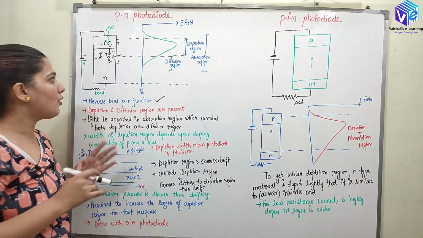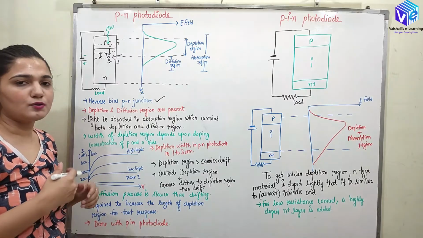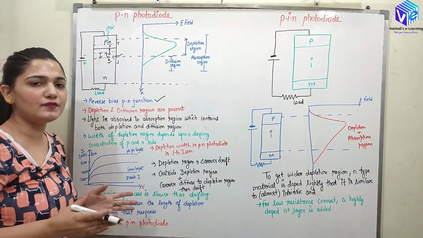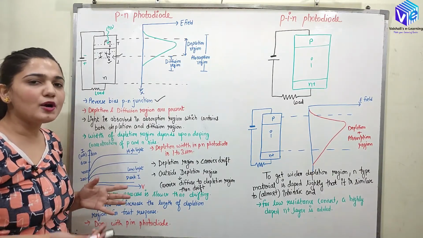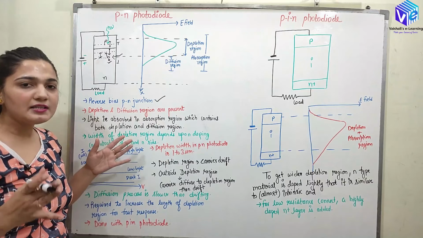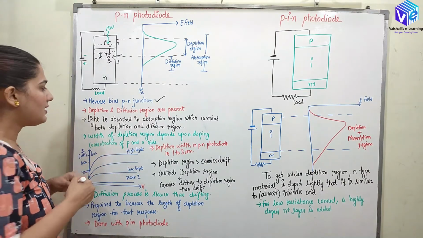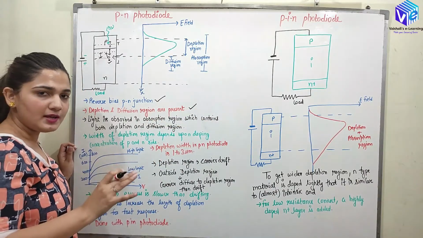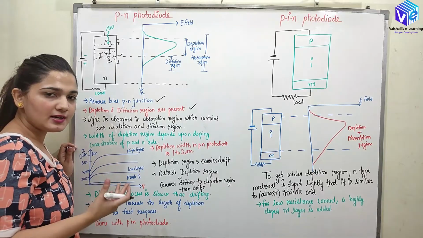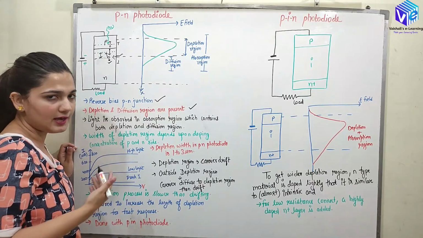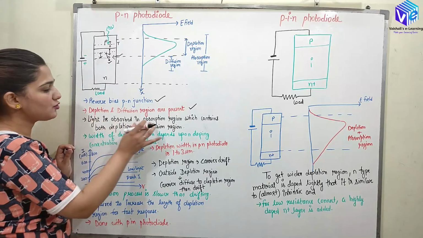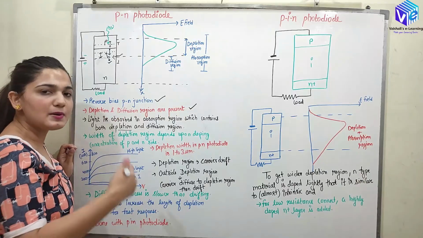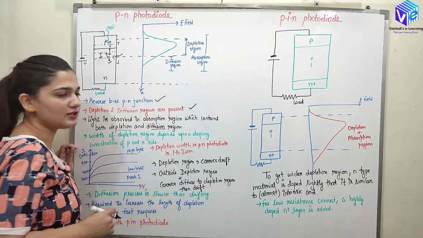So what do we want? We don't want this diffusion region. So how can it be avoided, how can we avoid the formation of the diffusion holes? So we can avoid it by increasing the thickness of the depletion region, right? So depletion and diffusion regions are present. I hope you understood both of them. The depletion region is already generated inside the PN type of diode or semiconductor. So light is absorbed in the absorption region, which is present in the depletion region, as well as below the depletion region, which is called the diffusion region.